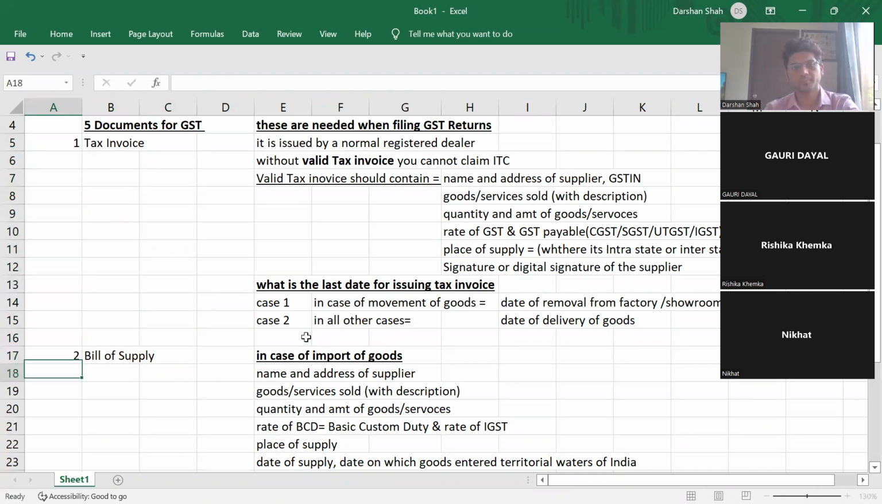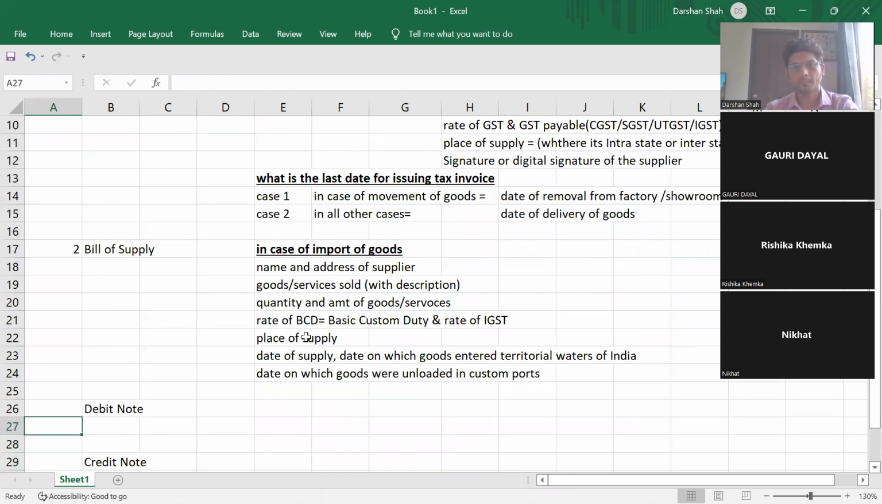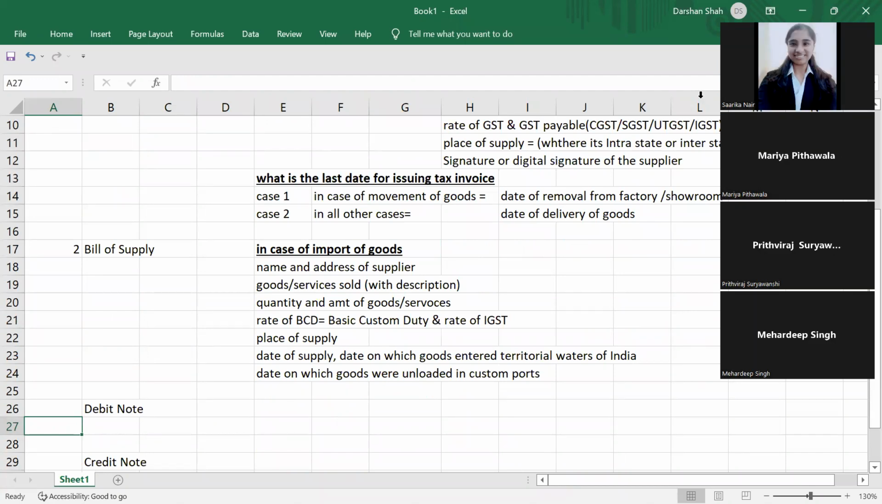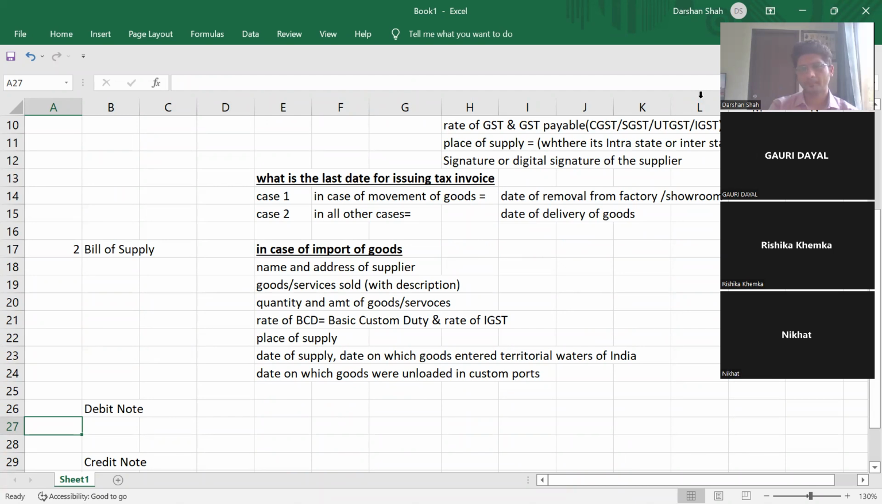Sir, in this bill of supply, the seller will give us a bill of supply, right? Right, the seller will give us the bill of supply. But then why will he put BCD and IGST? Because when the bill of supply is issued, what I want to know is how much will be the custom duty, and BCD is charged